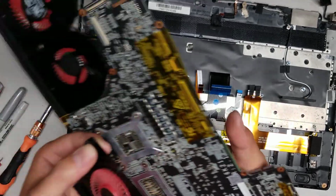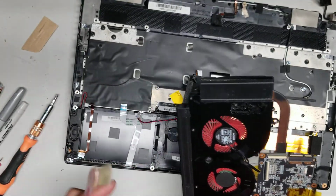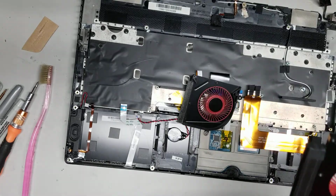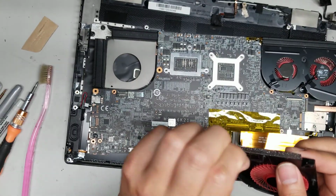So we'll clean that out, and hopefully that will get the fan running well. Sometimes it's not the hairballs that are stopping it, but also the dust. So let's see, that means I might have to take this fan out as well. What is that? Some tape residue or something. Okay, so now that we got that hairball out,